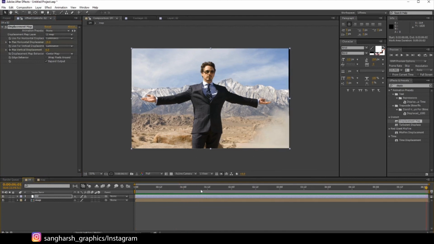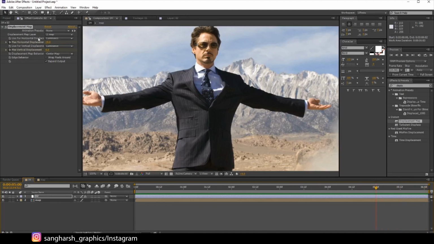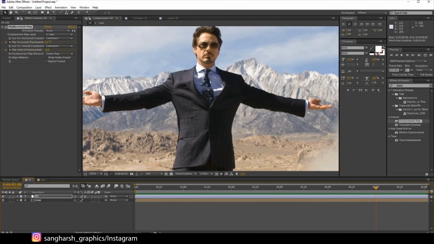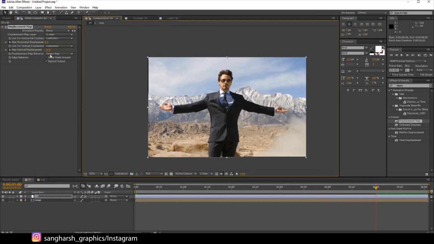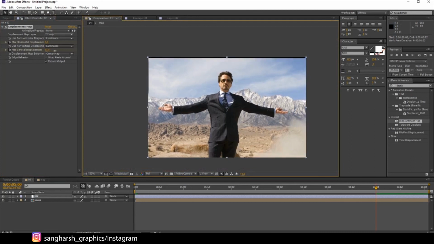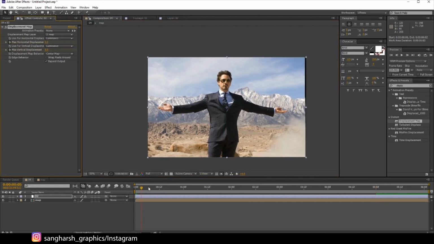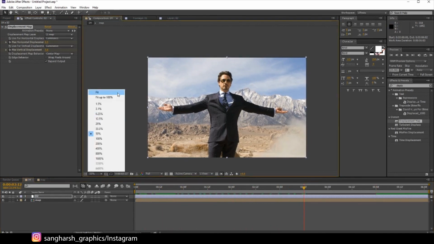Go to second 5, and let's just animate this just a little bit at this side, not too much because it's going to distort. Just a little bit like this. And now you can see we have this super slow motion 3D effect.